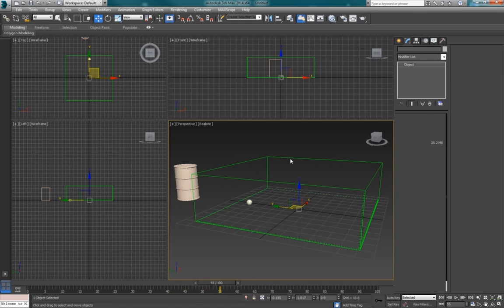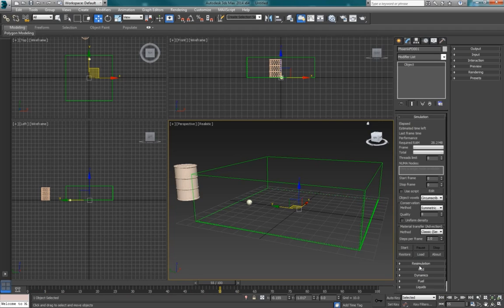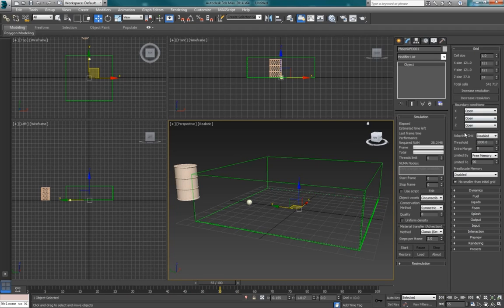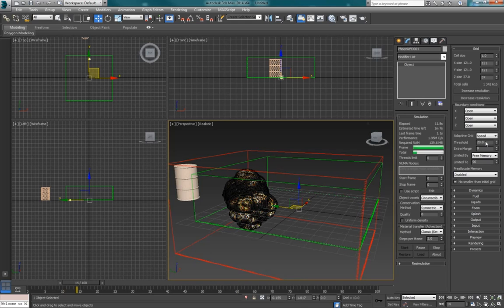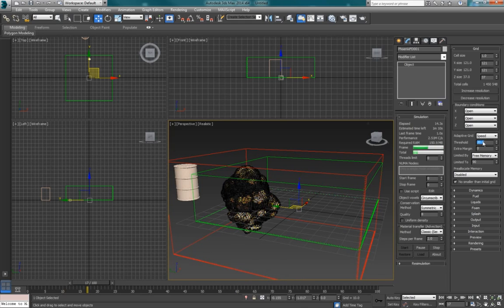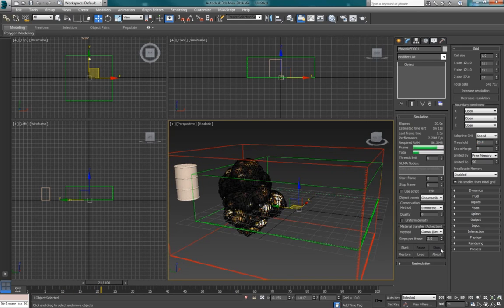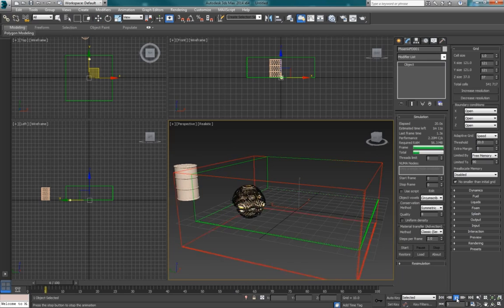But we will need to change the limits of our grid. We will choose right here from the adaptive grid option, we will set it to speed, and this means that if we run the simulation again, the grid will start expanding around cells where there is higher speed, and here is a threshold actually of the speed, of the velocity that Phoenix FD will look for. Okay, so we'll stop it right now